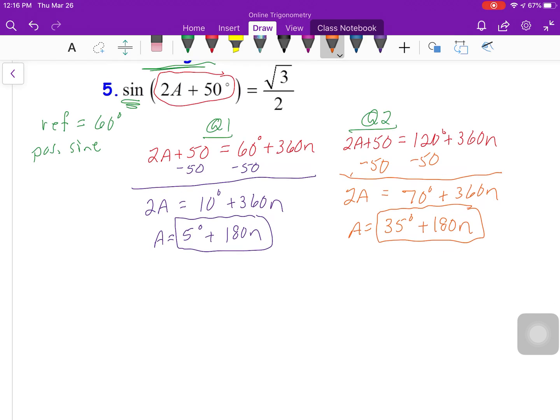And that is how we handle multiple angles when we're solving trig equations. Again, if you need to go through this a couple times or pause it and look at it, please feel